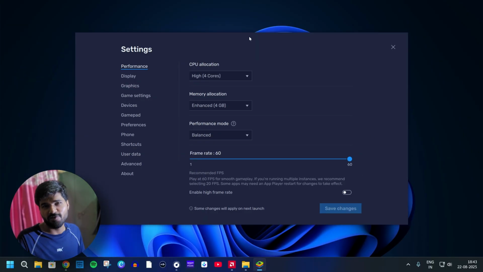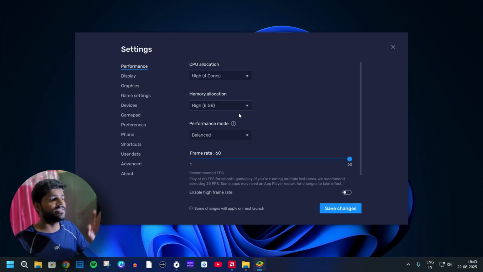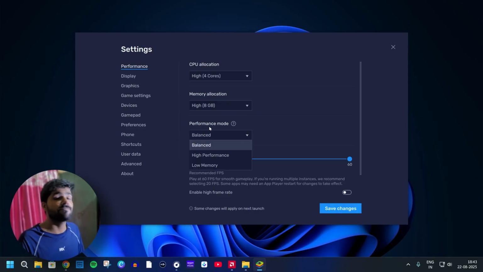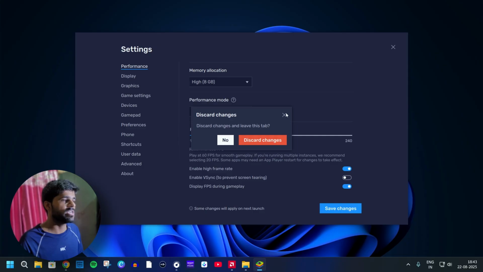To boost the performance here, in the settings you can allocate the memory as per your liking. I'm giving it 8 GB and setting the performance mode to high performance. The frame rate is 60 by default, and I'm going to enable high frame rate and also display FPS during gameplay.